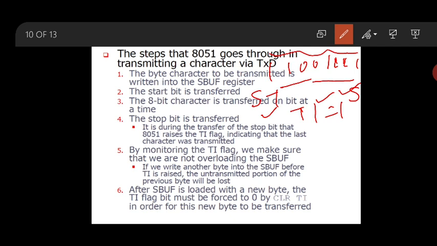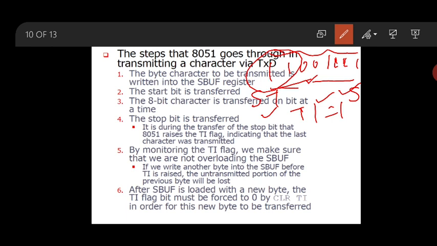By monitoring the TI flag, we make sure that we are not overloading the SBUF. Whatever the content of SBUF is, that is over. If we write another byte into the SBUF before TI is raised, the untransmitted portion of the previous byte will be lost. If it is something like the 6th bit in between, these 2 bits will be lost.